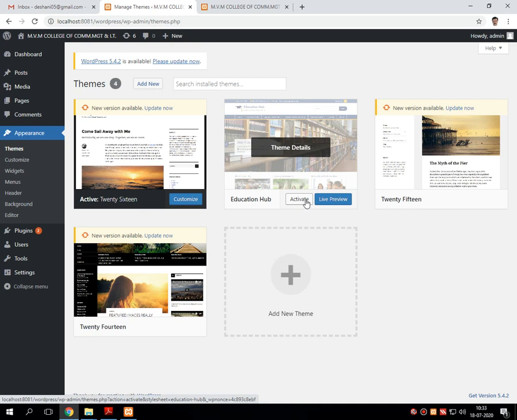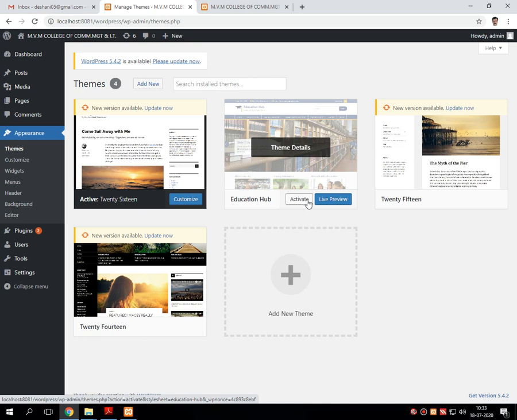So students, this is the way for downloading, installing, attaching and activating the themes in WordPress.